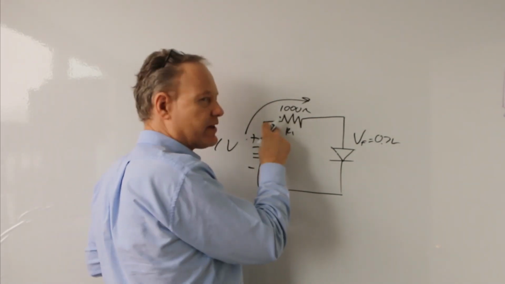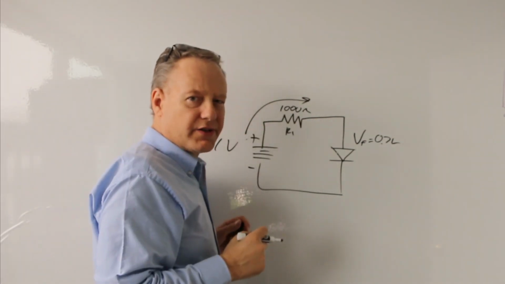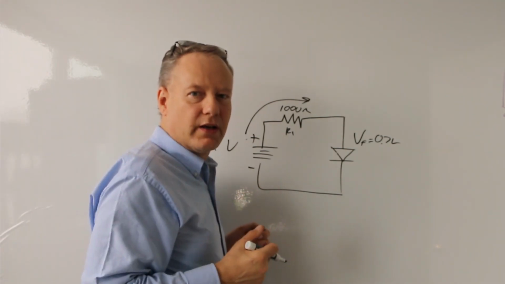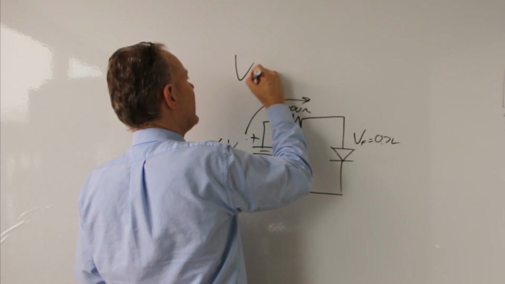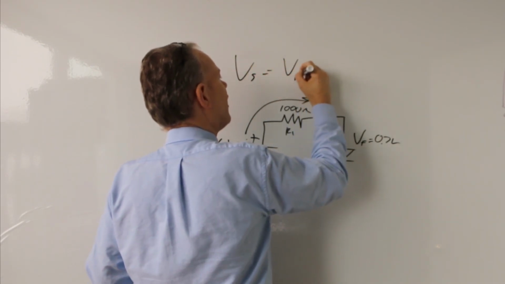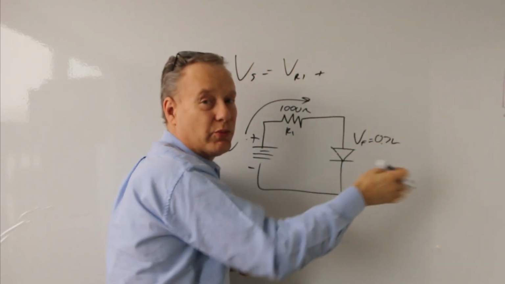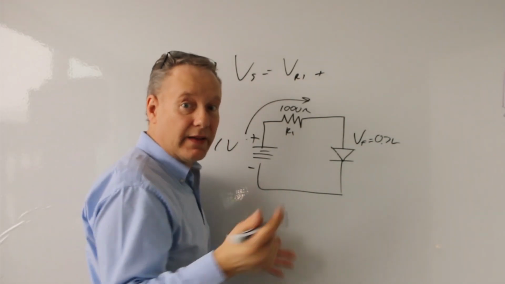Current's going through this. What's the voltage drop across that, and how do I calculate it? Well, I just used Kirchhoff's laws. Kirchhoff said that Vs equals VR1 plus VR2 plus VR3, but we can actually write it a little bit differently,